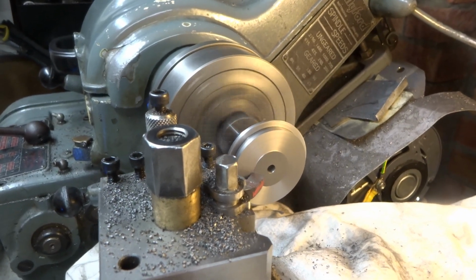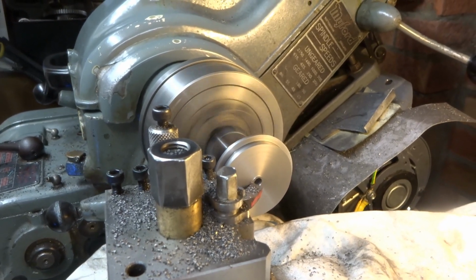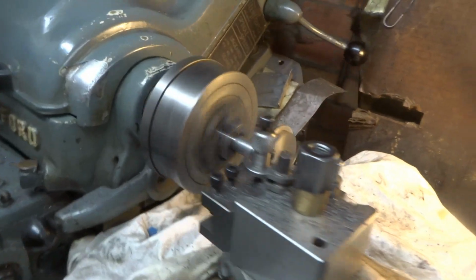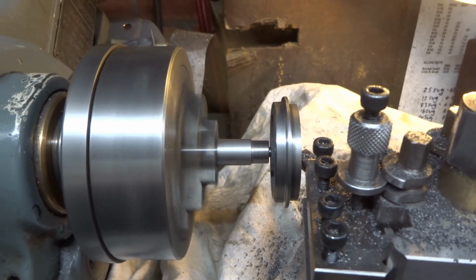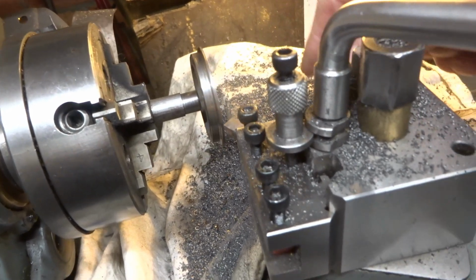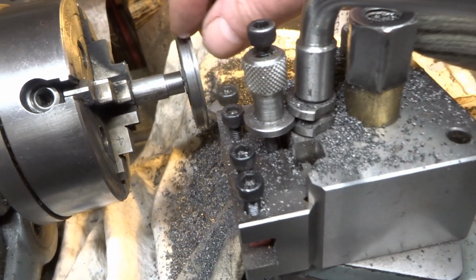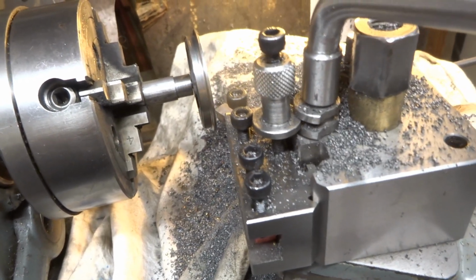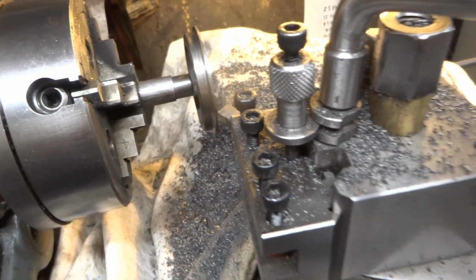That's making an unholy mess, unfortunately, with all the cast iron. Never mind. So having reduced the thickness of the wheel to almost the right size, it's still a bit over width, and got the flange down to close to the appropriate thickness. This is about 70 thou, needs to be about 60 really, but I'll do that from the other